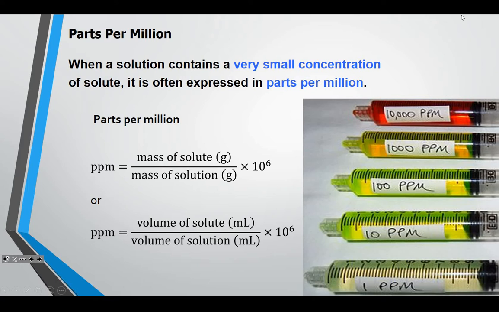You'll notice on the side there it has differing concentrations of a substance. At 1 part per million, you can sort of see it, a light yellow, but by the time you get to 10,000 parts per million, it is almost a dark red. Okay? So as we look at different things with parts per million,